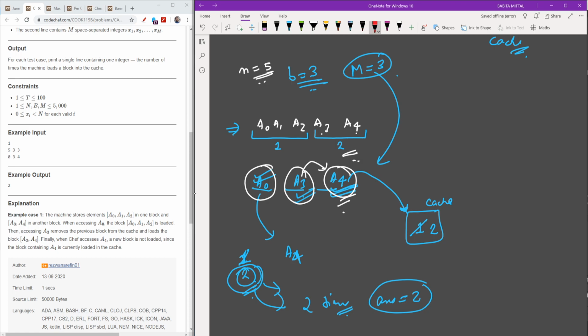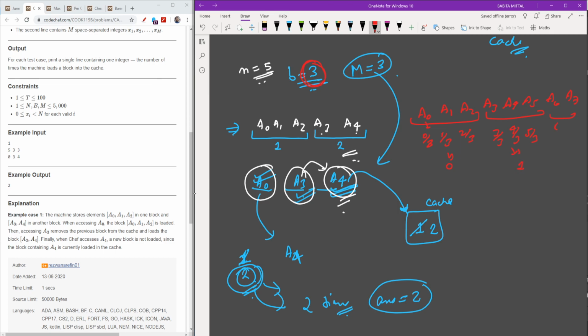See, as you can clearly say, I know the block size, which is 3, and suppose I write A0, A1, A2, A3, A4, A5, A6, A7. So 0 by 3, 1 by 3, 2 by 3, these all are 0. Then 3 upon 3, 4 upon 3, 5 upon 3, these all are 1s.